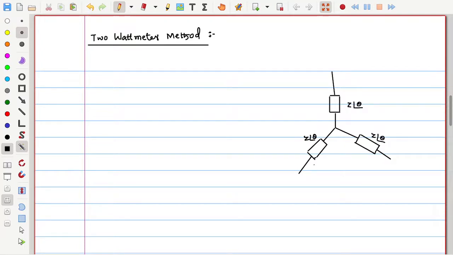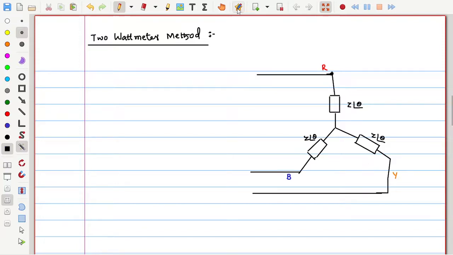These are the three phase star connected loads, connected to some source like this. Our aim is to measure 3 phase power using 2 wattmeters. If this is the R phase load, this is the Y phase load, and this is the B phase load, we need to find the RYB 3 phase load power,